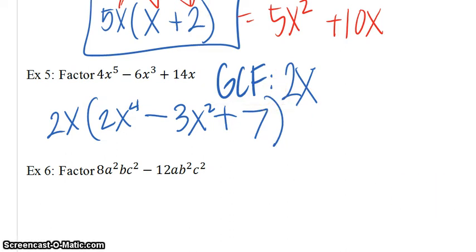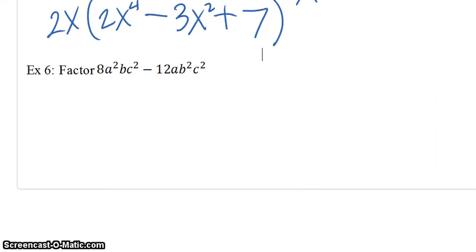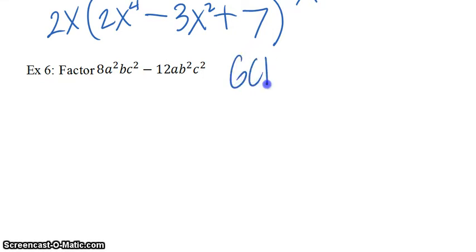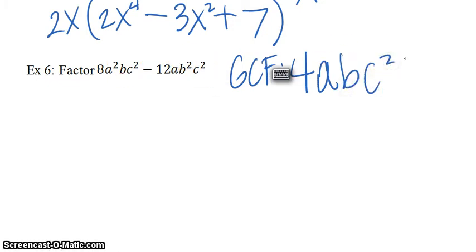And last problem. Okay, so what do they all have in common? GCF. Okay. They're both divisible by 2, but is that the highest one they're both divisible by? No, they're both divisible by 4. Okay, and this one has a squared, but that only has a, so we can only pick a. That has a b, and that has b squared, but we can only pick b. Oh, they both have c squared, so we can use c squared. Okay, so we're going to take out